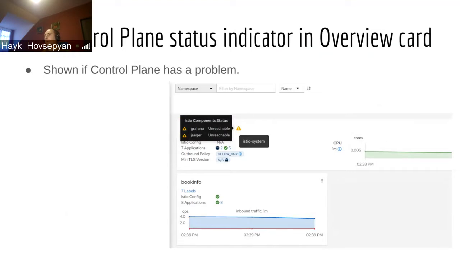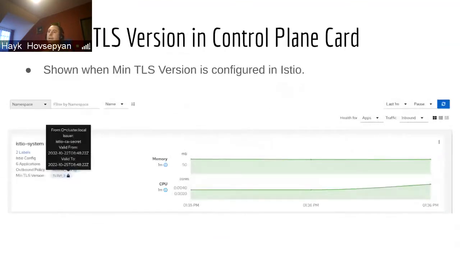One of the main tasks which was completed during the sprint is showing the control plane status indicator in the Kiali overview page. So when there is a problem in the control plane, the icon is shown in the overview card, with a tooltip showing what is wrong there, so the user can know what's going on, why there is a problem on the control plane itself. The next done item was